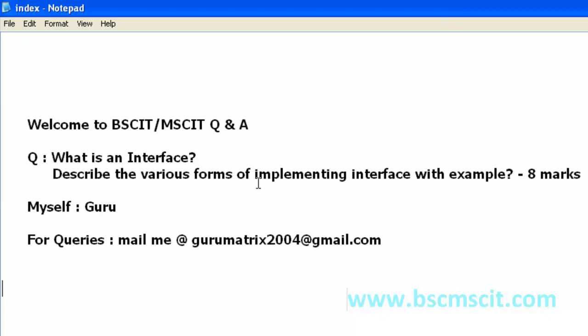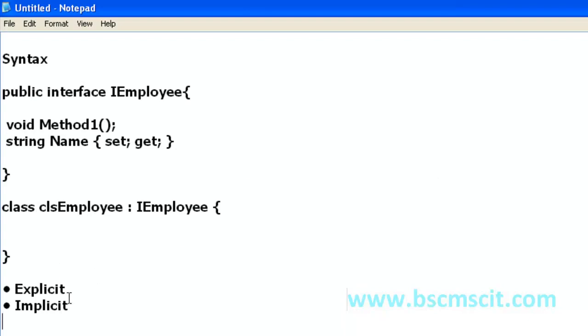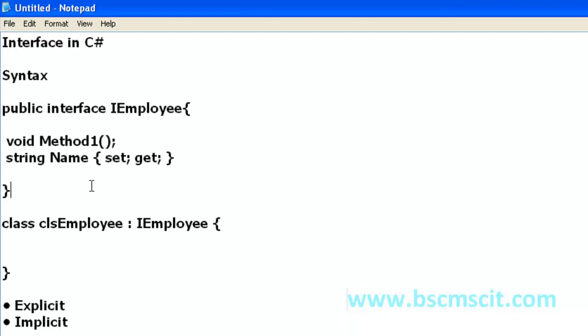As per our BSc question, we need to describe the various forms of implementing an interface with an example. So let's do it one by one. First we will create an interface, and then we will see how to implement it in an explicit manner and an implicit manner one by one.